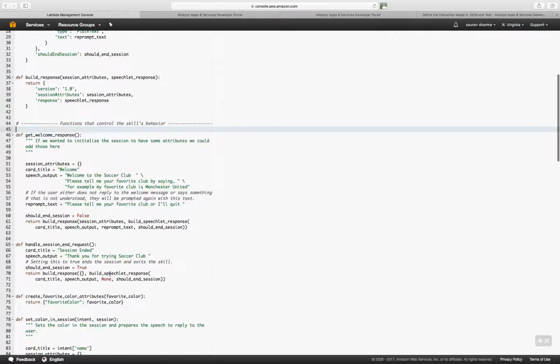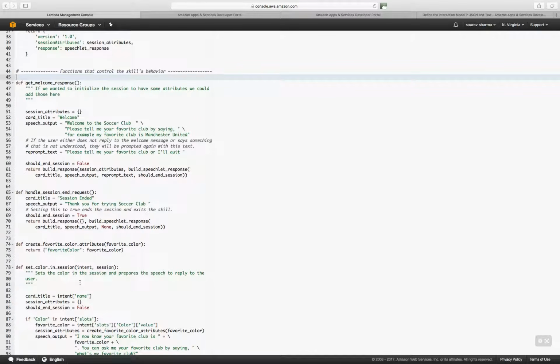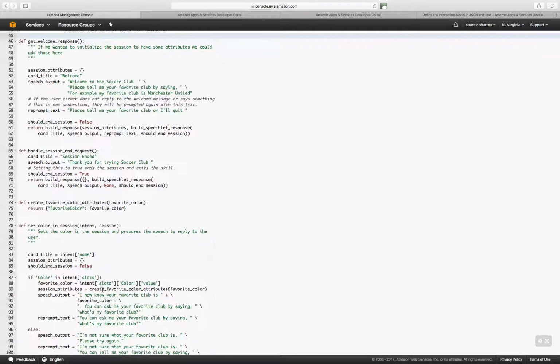Actually, oh yeah. So, okay, so set color in session, intent session. Okay, now when you see